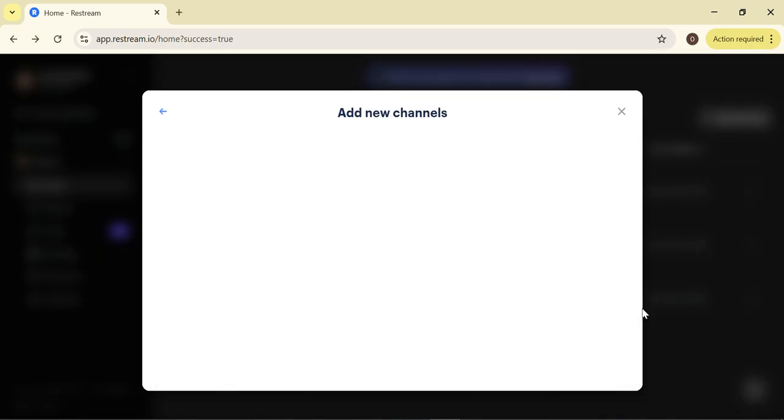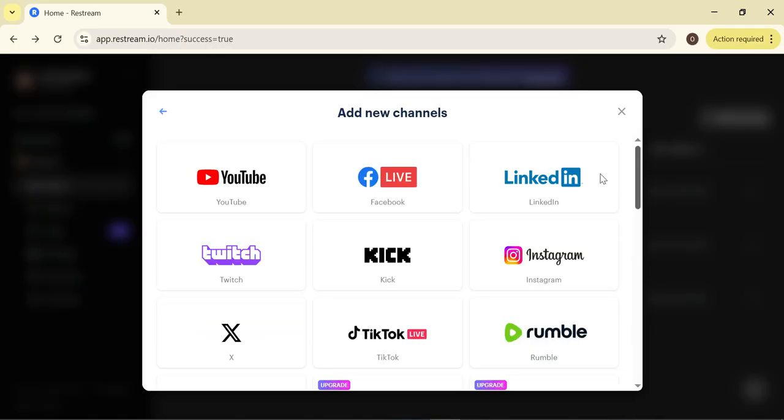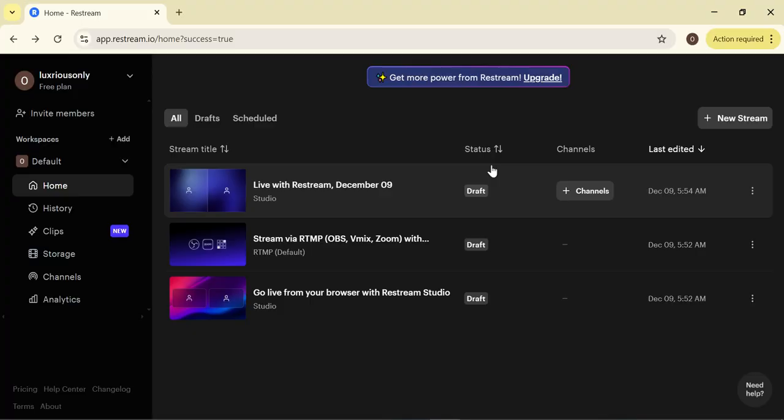this available platform. Remember, in the standard package you will get only 3 channels to live stream, but in the professional package you will get 5 channels to live stream at once. So after connecting all of your channels, you will be able to live stream just by clicking on this plus new stream. When you click on this you will give access to your audio, video, your mic and the camera, and it will start doing live stream on all the connected platforms.